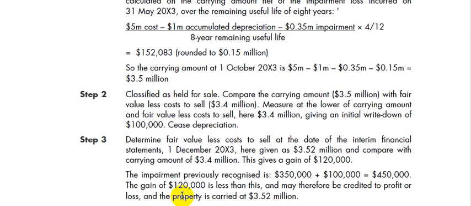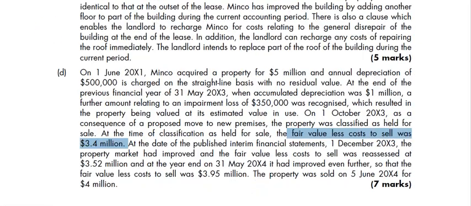Are we given, or we need to compute that? The question has given us at 1st December X3 property markets had improved and the fair value less cost to sell was reassessed at 3.52 million,